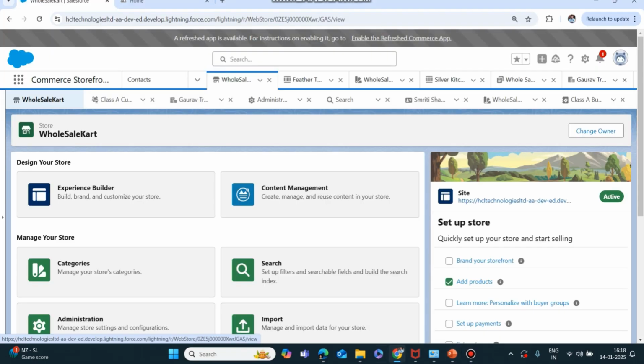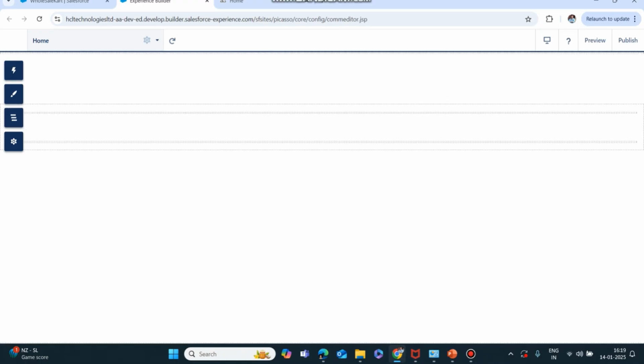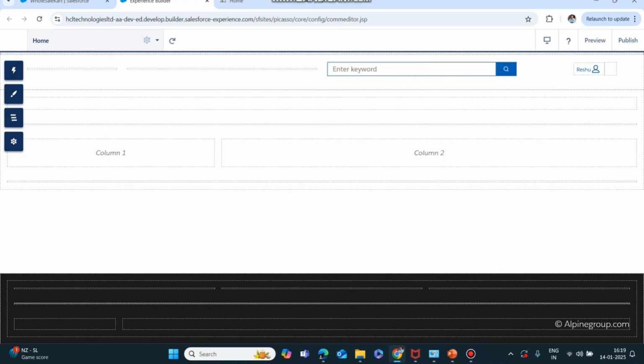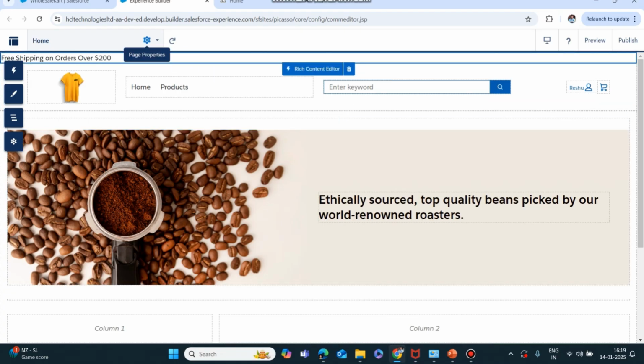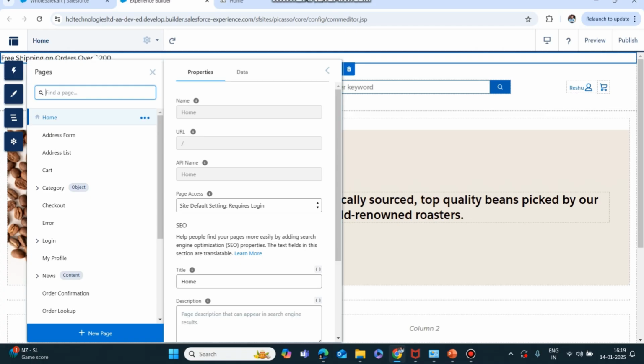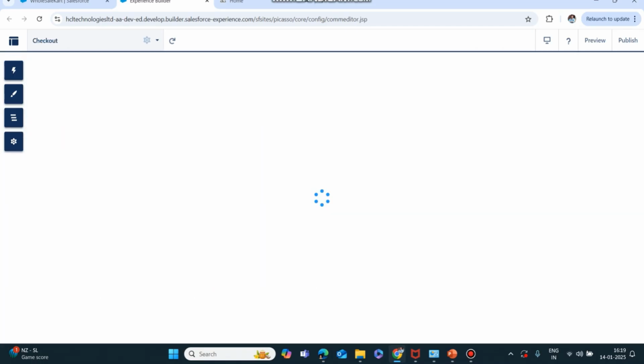So let's start. I have already logged in to the Salesforce site. If you see here, this is a store. This is our store, wholesale cart. If I click on the experience builder, okay, so this is our site, or you can say this is our experience builder. If I select the checkout page, if I open the checkout page,